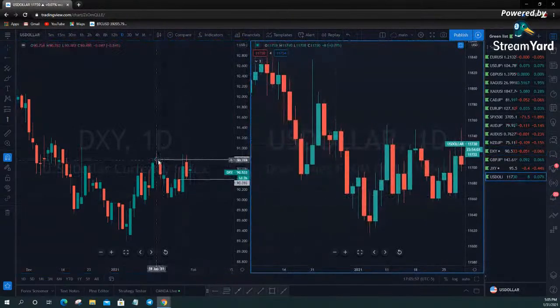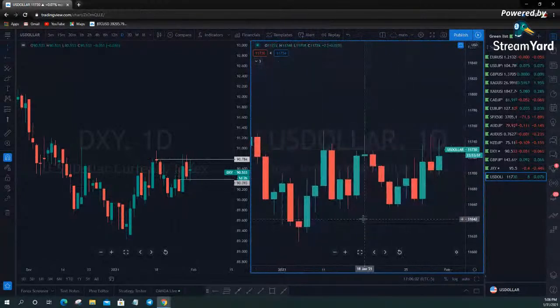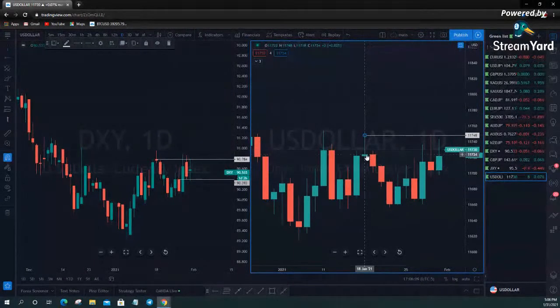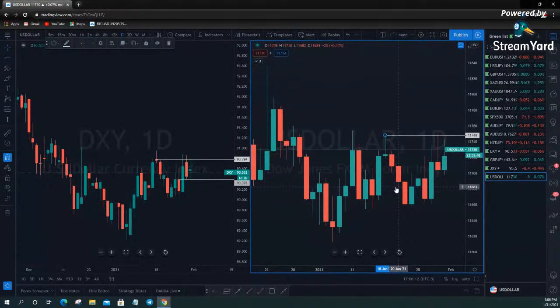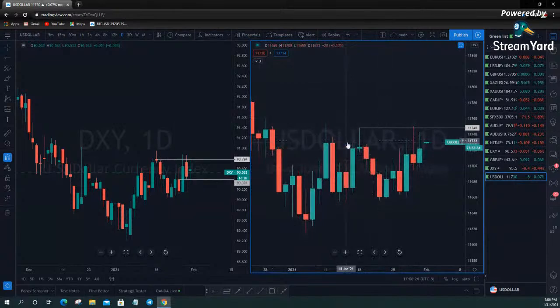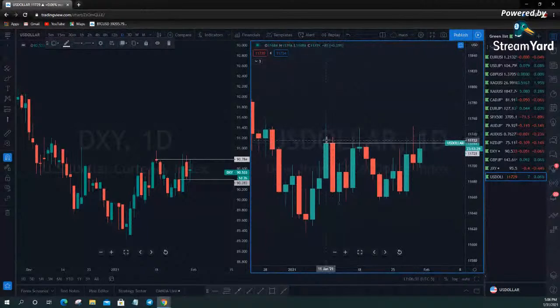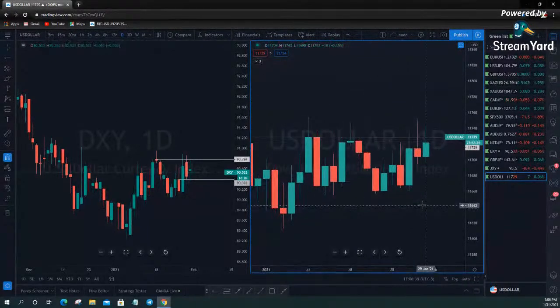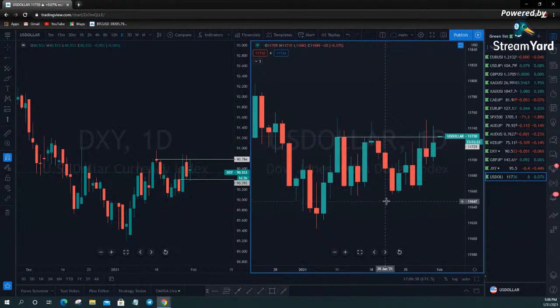Also, this on the DXY index closed red. This is the same candle right here on the US dollar index, and you can clearly see that this one closed bullish. All right. So does that mean, which one of these should you watch? It doesn't matter, because the reason that this closed bullish and this closed bearish was because of the weightings from the other currencies. A lot of traders will look at the US dollar index, this one over here, basically because they feel or assume it gives them a better directional bias, because it is evenly weighted throughout the majors. And it absolutely can.